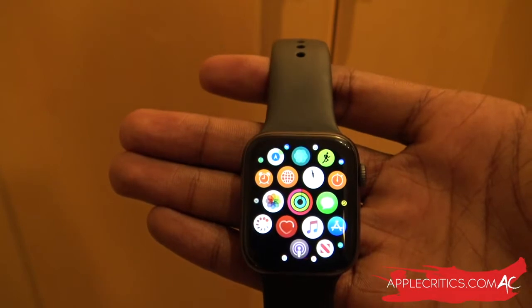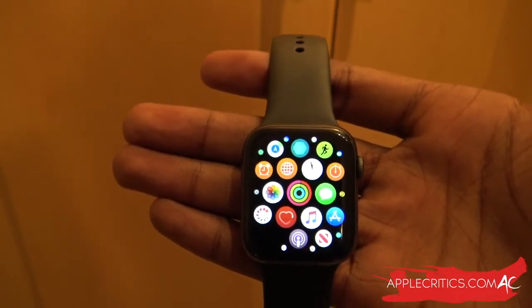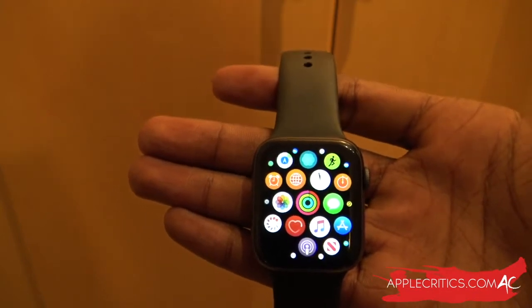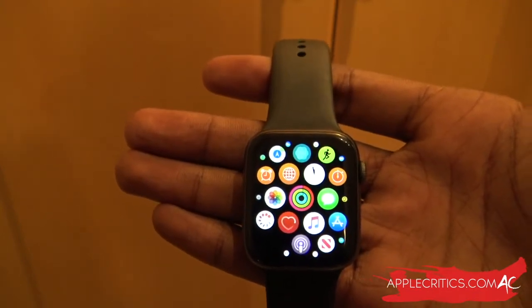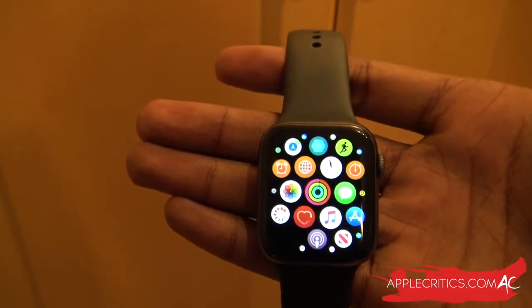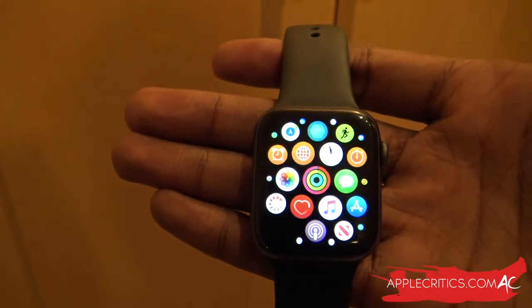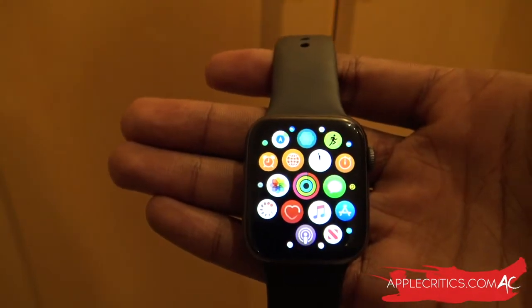But the only bad part about this is that you have to be sure that you want to have watchOS 7 on your Apple Watch. I'm saying that because you can't downgrade whatsoever. There's no way to downgrade once you're on watchOS 7. The only way to downgrade is that you actually have to go to Apple and then they will go